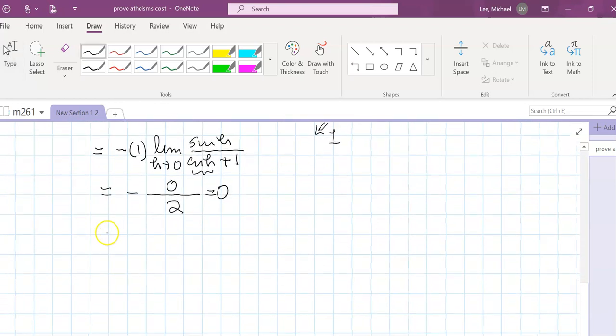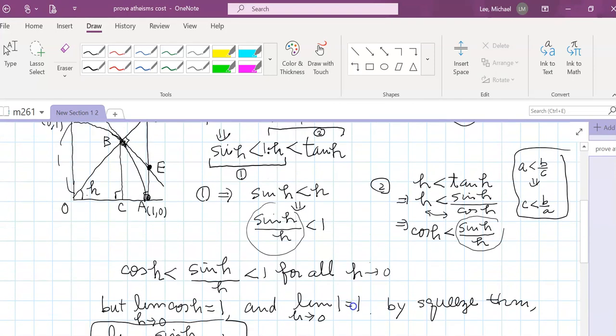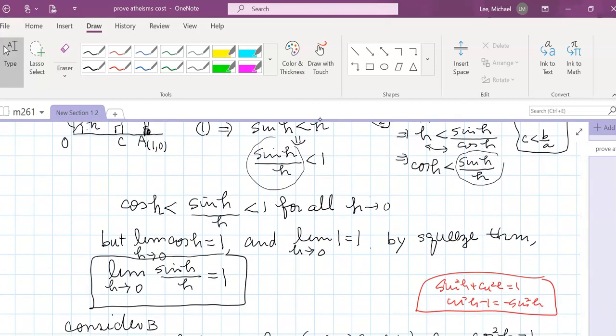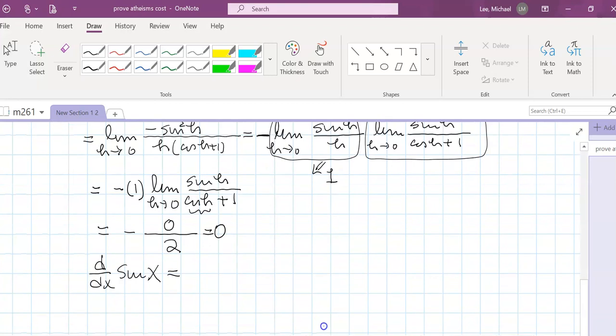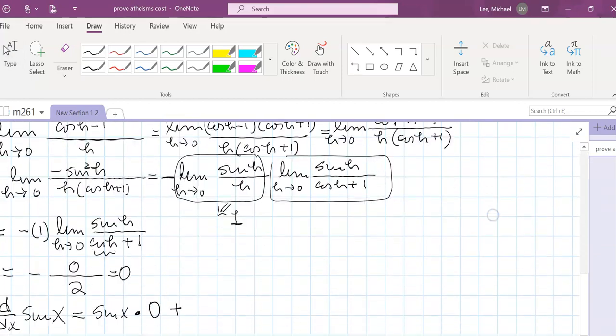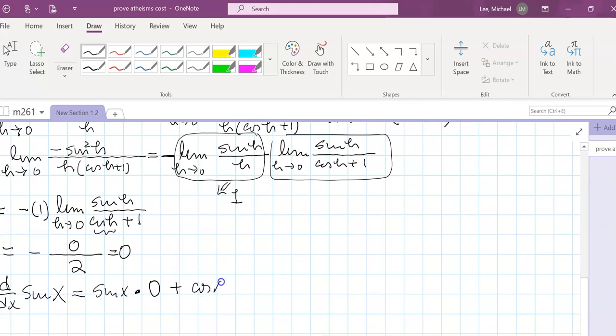So we have the derivative of sine x is, as you can see up above, sine x times 0 plus the second portion, what is it? Cosine x times 1, which is cosine of